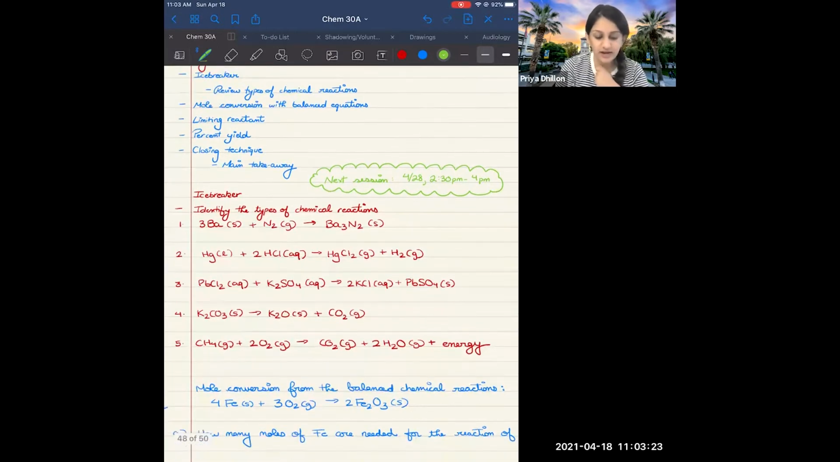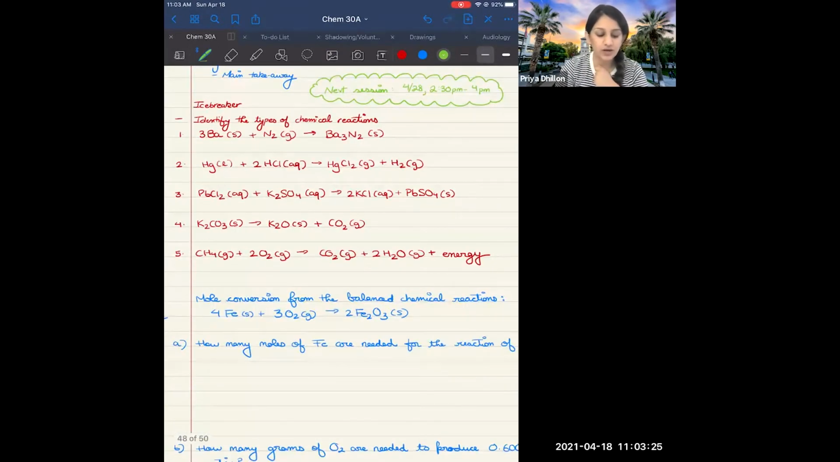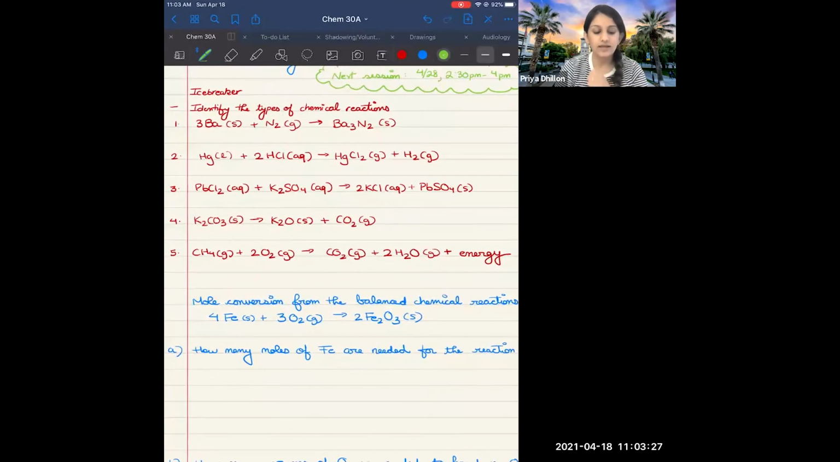Okay, so this is our icebreaker. The icebreaker is to review the types of chemical reactions. So if you did attend my SI sessions, go back to the notes from chemical reactions. I went over